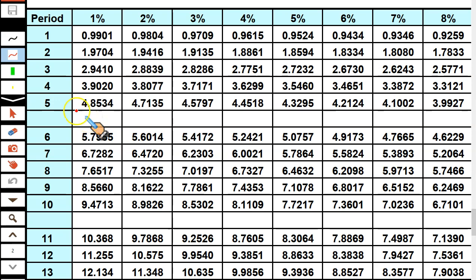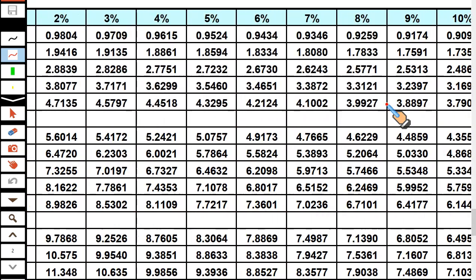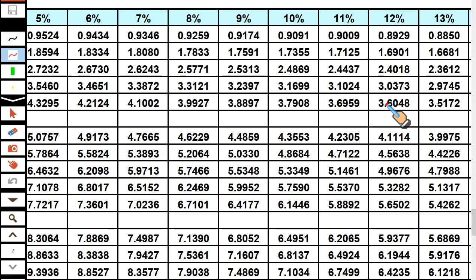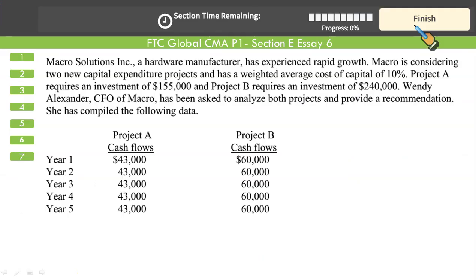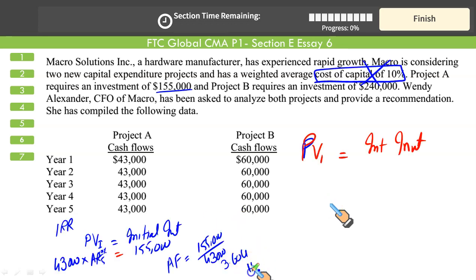Now what you will do? You will open your time value table, the annuity factor table. In the 5th year row, you need to find your annuity factor of 3.6. 3.604 exact. That's what we were looking for. 3.60465. That is our number, which we just calculated. 3.60465 corresponds to 12%, right straight away. So our IRR for this project is simply 12%. That's how you do it.